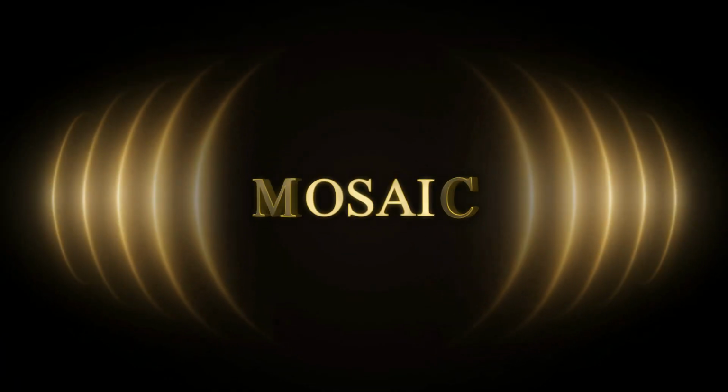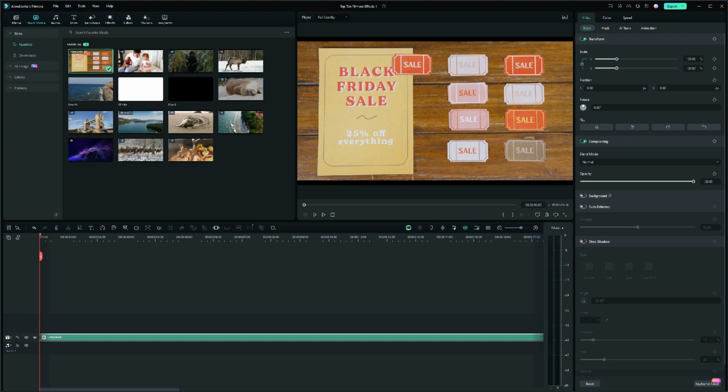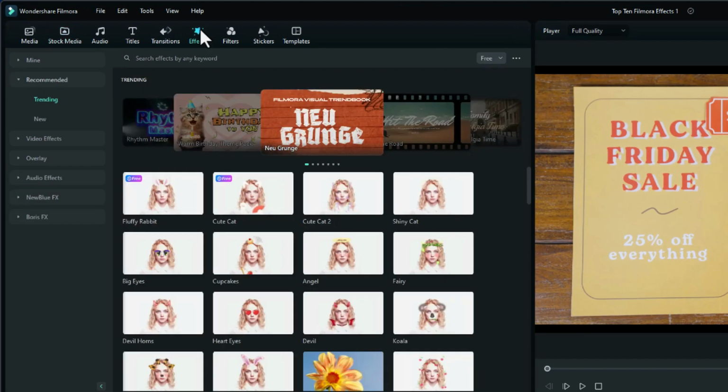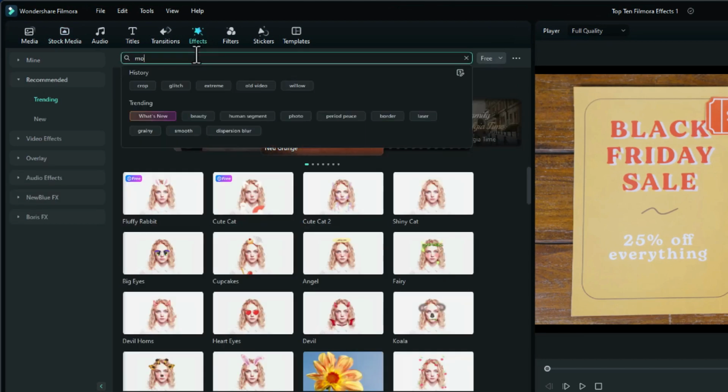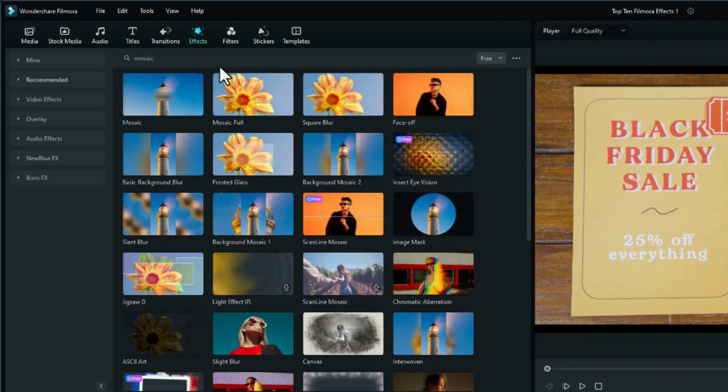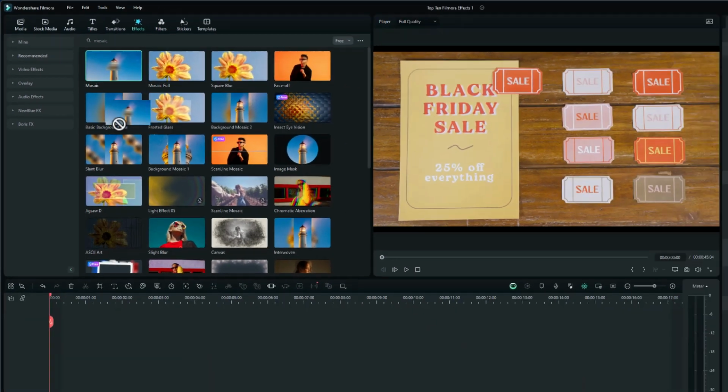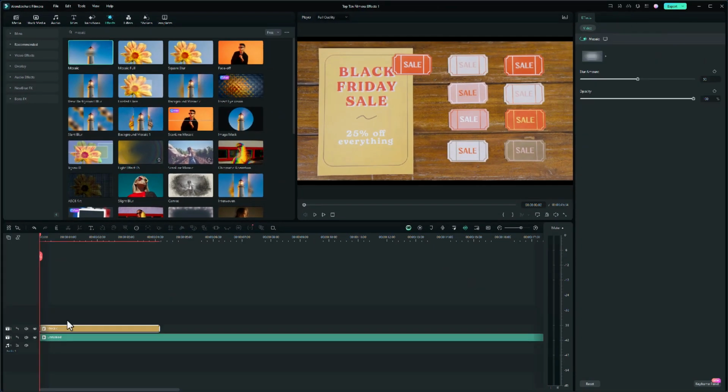In at number 6 is Mosaic. Mosaic can be used in so many different ways. It lets you hide, blank, block out, or pixelate parts of a video. Let me show you how. So let's go to the effects tab and type in Mosaic. Okay, we'll drag the first one just above our footage because we want to blur out part of the footage